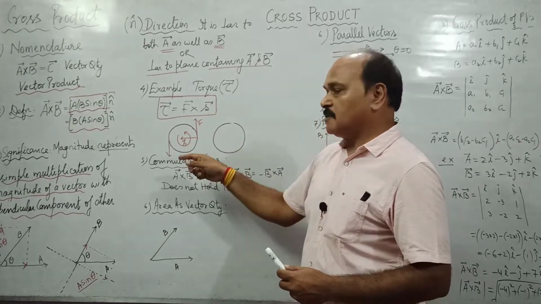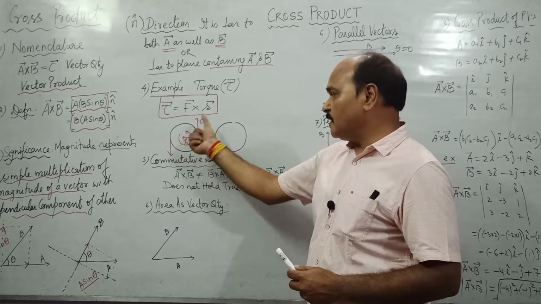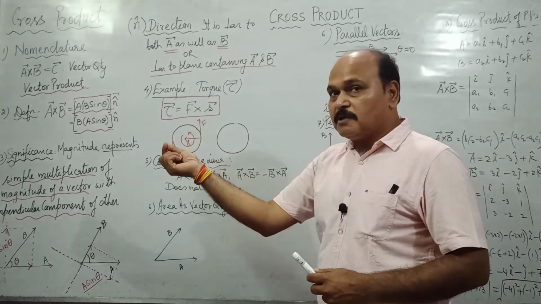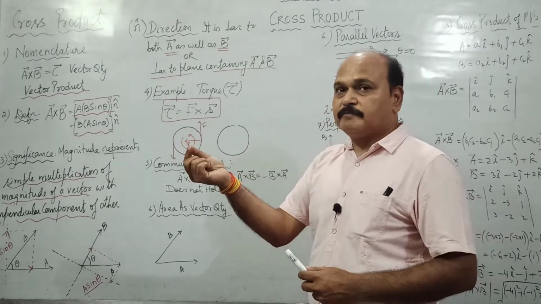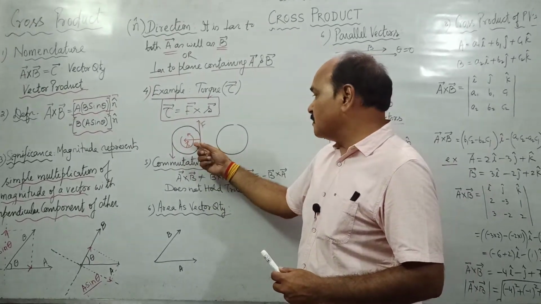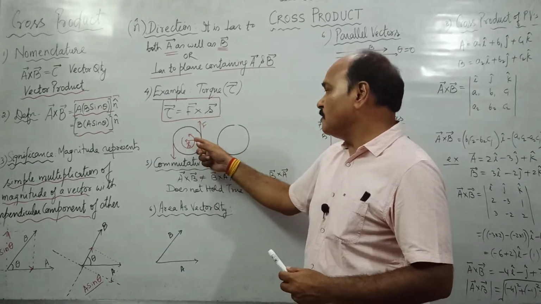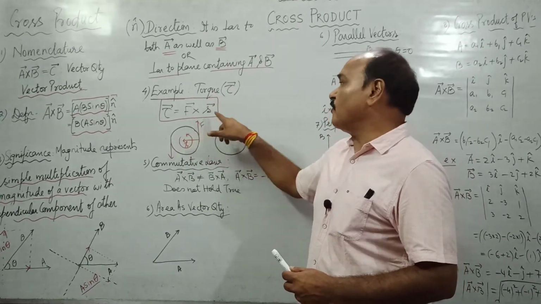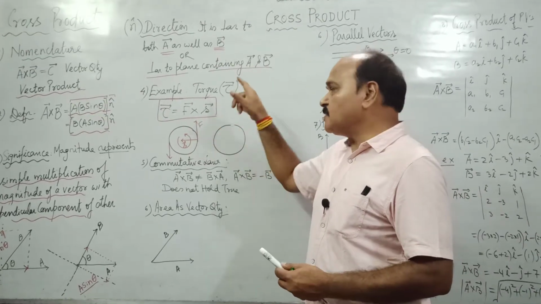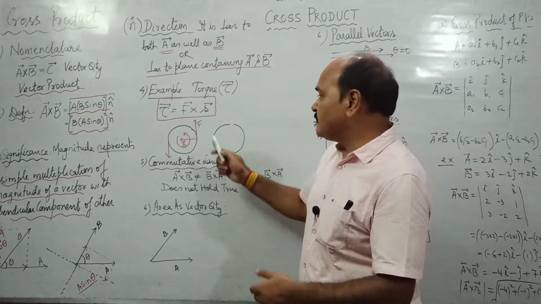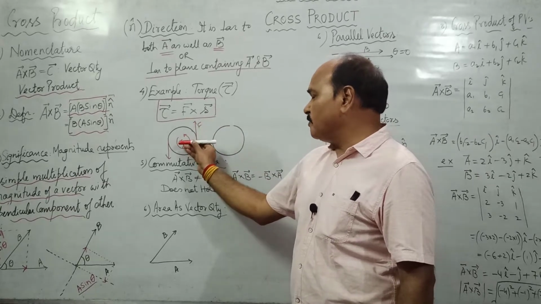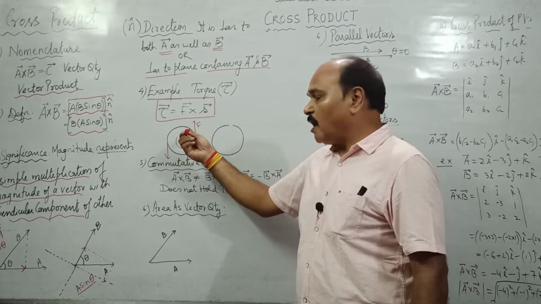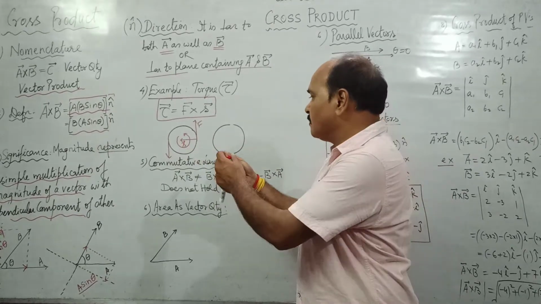this screw is going to rotate in the anti-clockwise direction, and when it rotates in the anti-clockwise direction, it is going to move perpendicular outward, that is, out of the board. So this direction of movement of the screw along its axis outward is the direction of F cross S. So what is the direction of F cross S? This F is in the plane of the board, S is also in the plane of the board, and the direction of F cross S is along the axis of the screw outward,